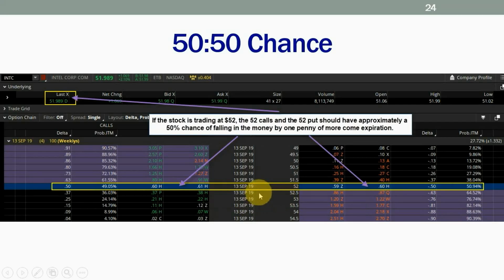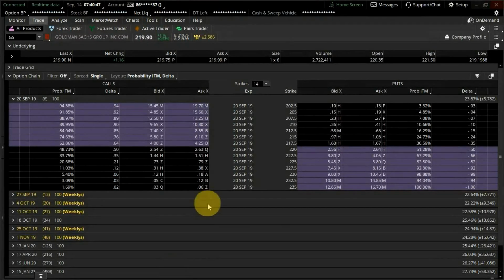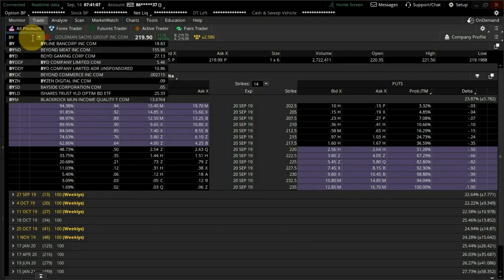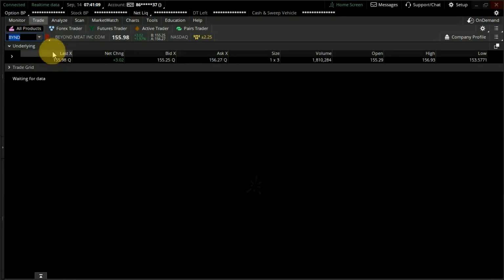There's a program that runs on the back end of this software. This is Thinkorswim. It runs on the back end of almost every major brokerage software and every market making software. The technology is called ARB Free, and what ARB Free does is it looks for anything that could be mispriced.